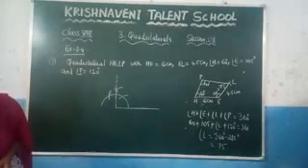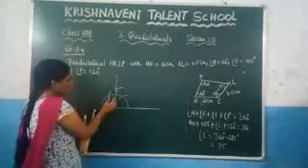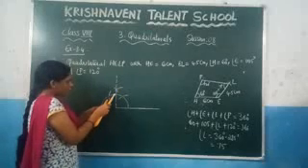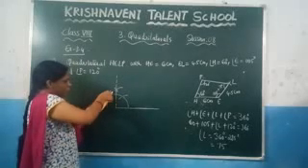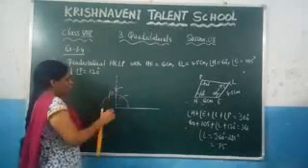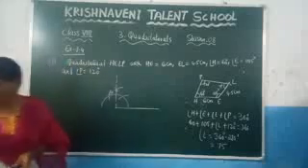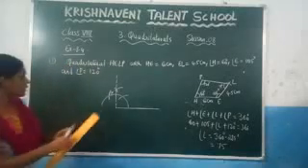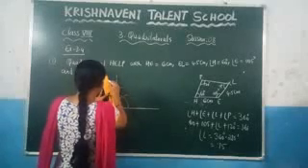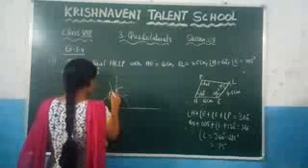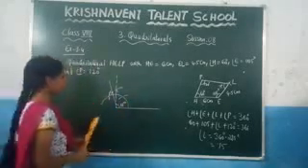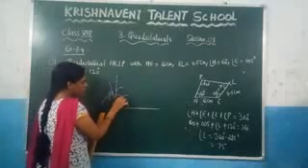So here you need to take more than half radius. This is total radius and you need to take more than half. That means here like this you need to take. It is more than half. You can observe that. Now keep here one arc and keep here one arc. Now this is nothing but 105. Now you can join with the help of the scale. This is 105 degrees.